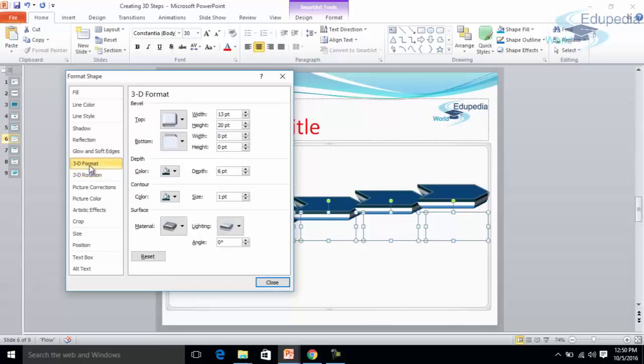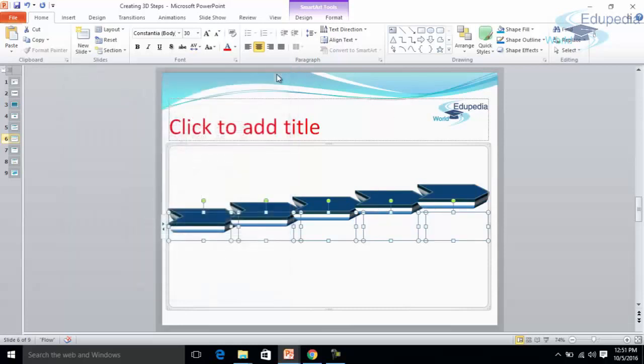So you can try fitting these options. You can try to change the height as well, like what looks better for your presentation. This is the basic idea by which you can create these steps.